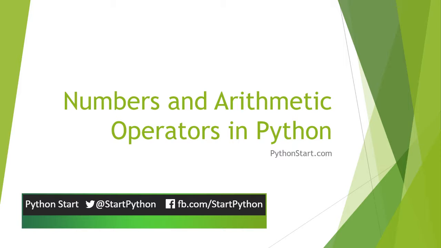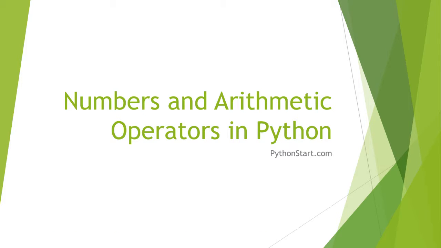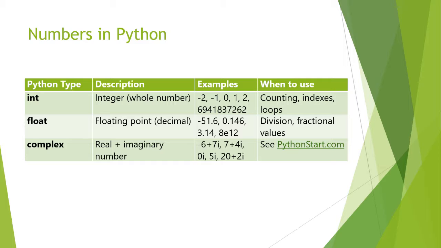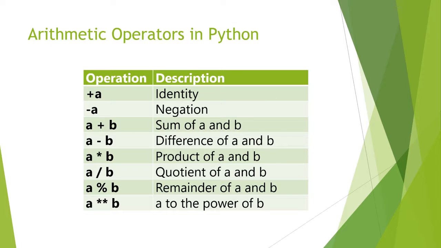So Python includes a variety of number formats to meet your needs, including whole numbers, fractional numbers, and complex numbers. In Python, positive and negative whole numbers are represented as integers. Decimal numbers are represented using floating point to provide a good balance between range and precision. The term floating point refers to the fact that the number's decimal point can float in relation to the significant digits in the number. Now, Python also supports a wide variety of arithmetic operations for both integer and floating point